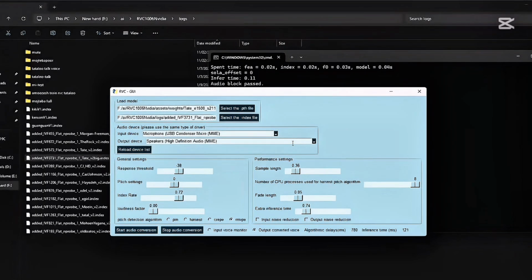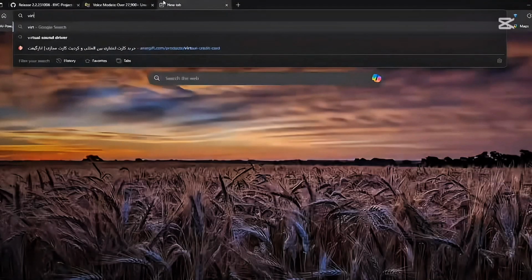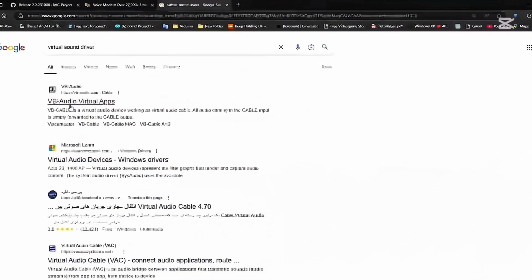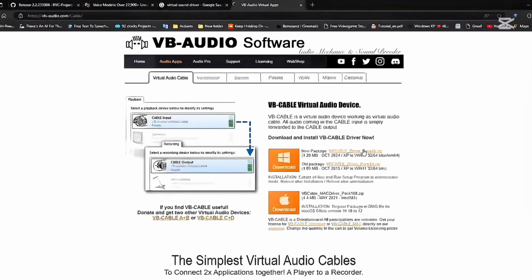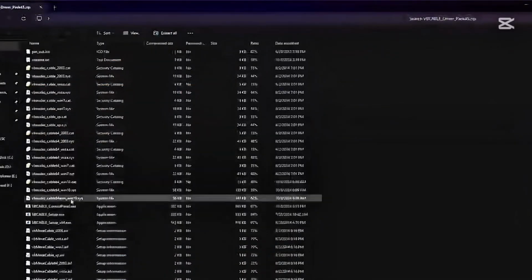Now, the most important part. How do we set RVC as the output voice? Simply search for Virtual Sound Driver. Click on VB Audio Virtual Apps, go to their website, and download the VB Audio Virtual Driver. After you've installed it,